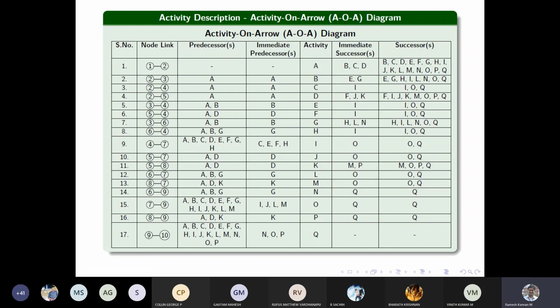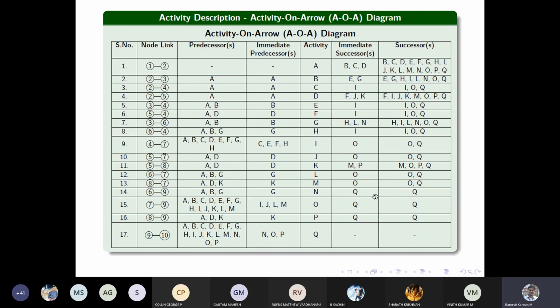If there is any activity to follow that, then that will definitely not be the last activity. It's as simple as that. So Q does not have any successors. But Q has almost all the activities as predecessors, which means that all the activities that feed into Q, the last activity, were predecessors for activity Q, and the ones immediately preceding Q are N, O, and P.